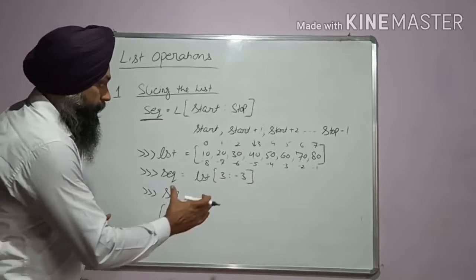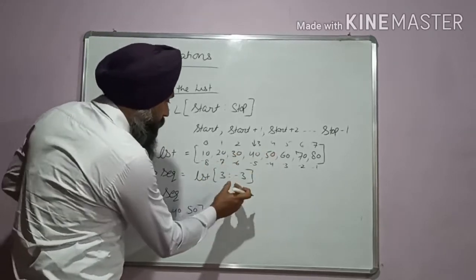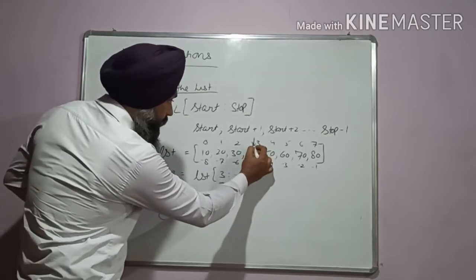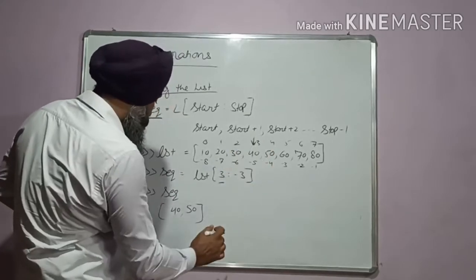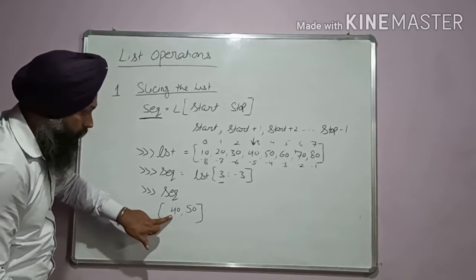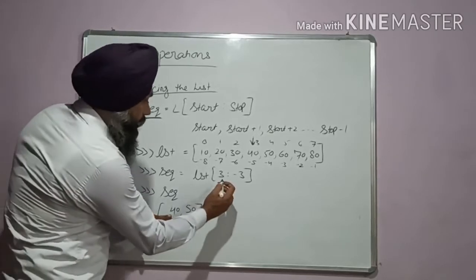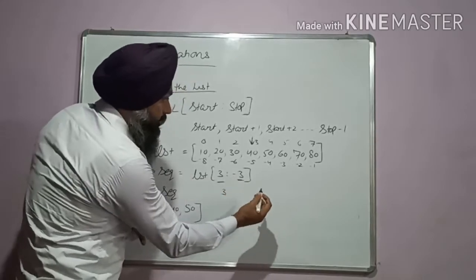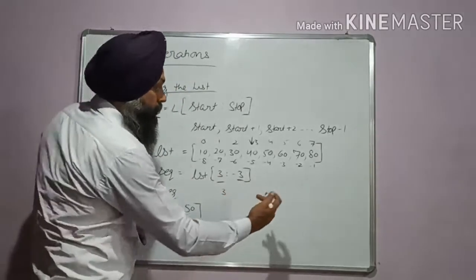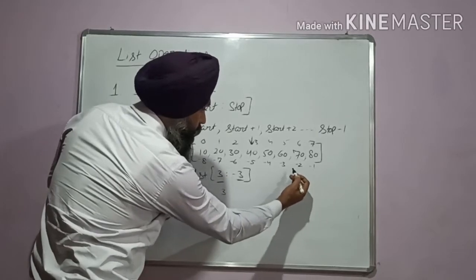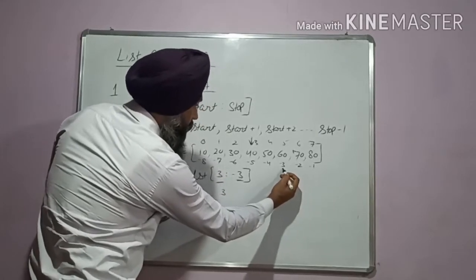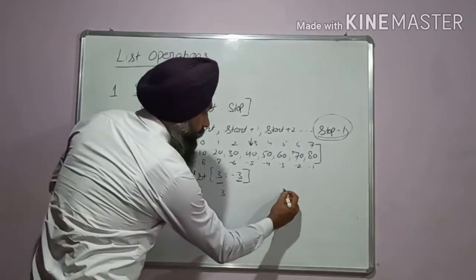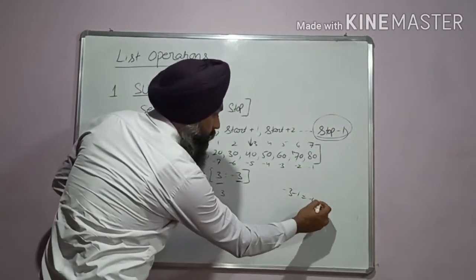Now, here is our slicing syntax: list[3:-3]. Therefore, we will take a part of this list which will start from the index 3. The value at index 3 is 40. Therefore, we have 40 in our slicing, and it will take the values from 3 to -3. -3 is the negative index, therefore -1, -2, -3, and the index is stop minus 1. It means -3 minus 1 is -4.